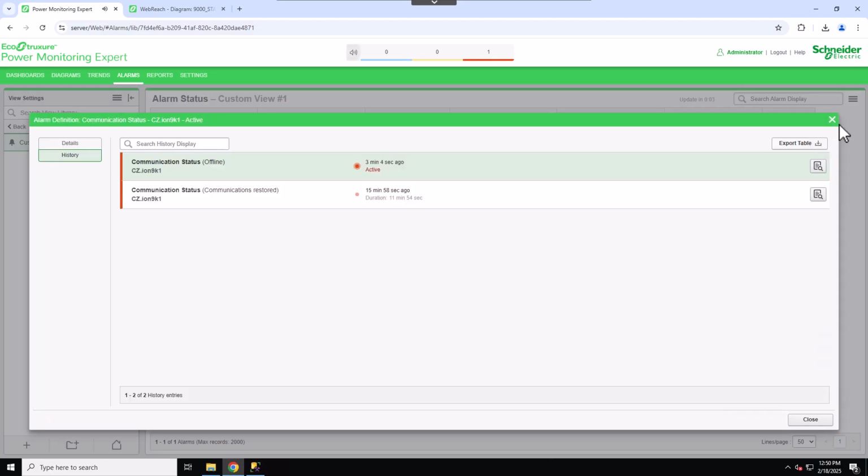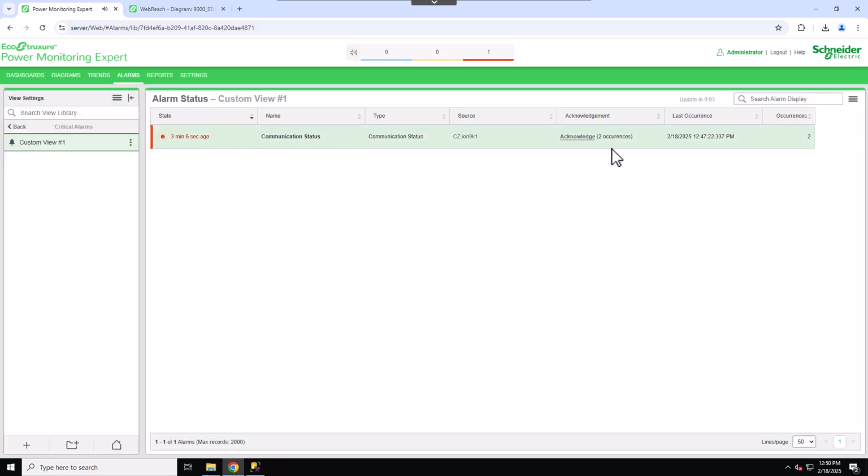Now, let's return to the main view and explore the options available from the top right hamburger menu.